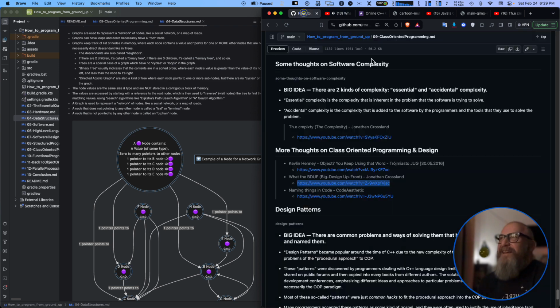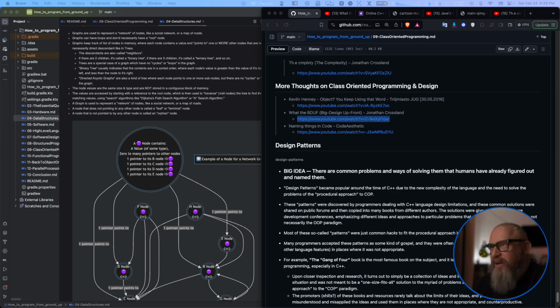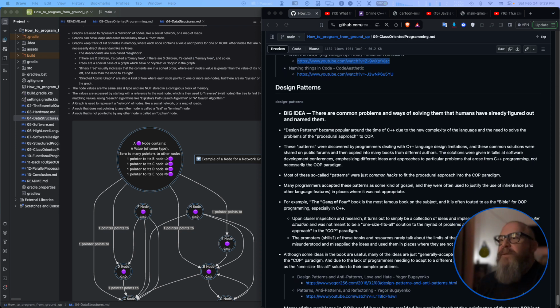Exactly. All right, I think that's about it for this episode. Next one we'll be getting into, oh, so this one's on naming things. I might bring that up in naming things, and we'll talk a little bit about design patterns and some stuff like that. Getting towards the end of the course, we're going to get up to the functional. Get into the functional. Going back to the 50s.